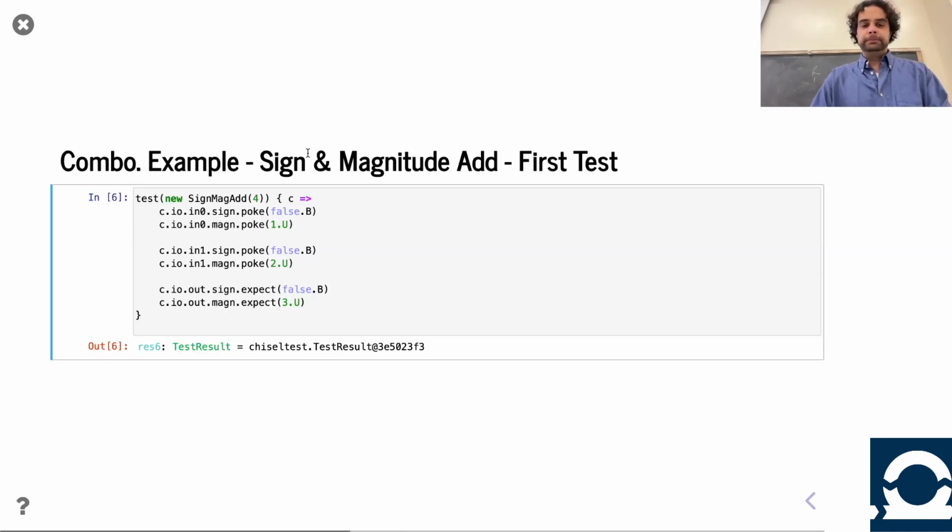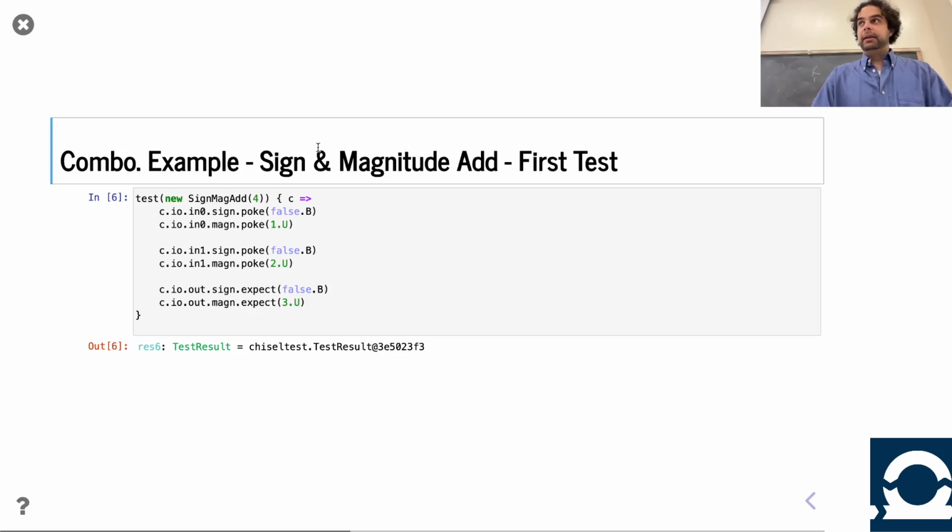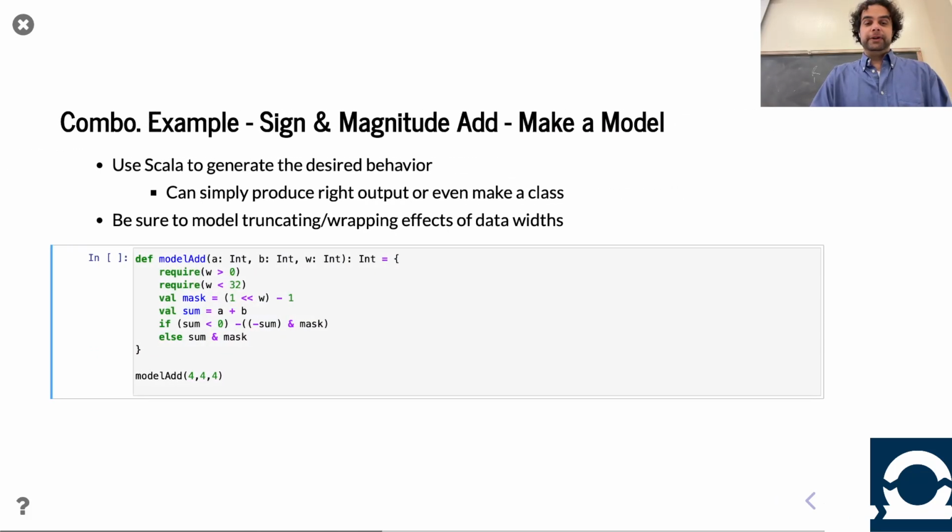The thing is working so far, but we've tested exactly one input case here, right? And that was a lot of work to write. So I can make this more efficient. As I said before, let's build a model. And so to the point of, well, gee, if I'm building an adder, at the end of the day, aren't I just going to be doing a sum? Yes, you are. However,